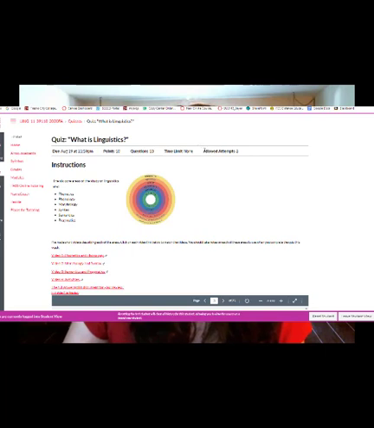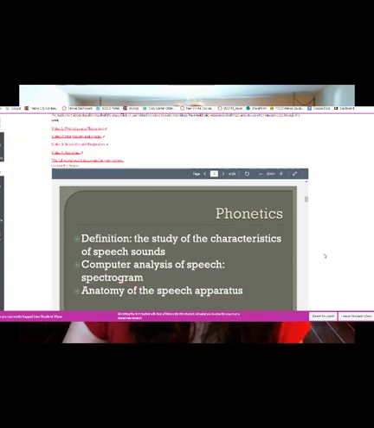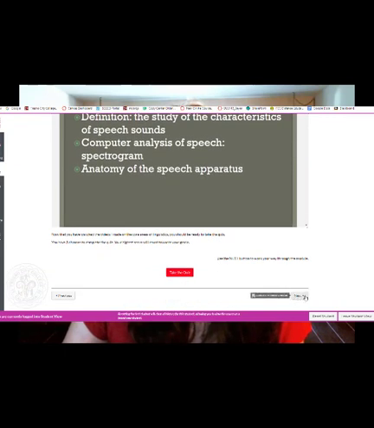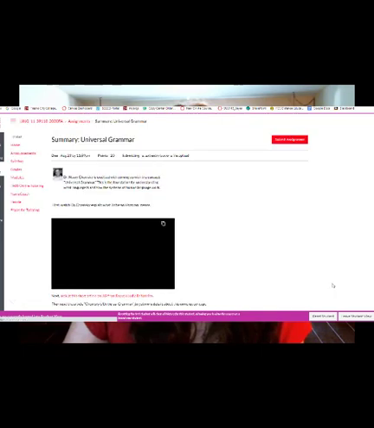Now, for this quiz, again, you do have 3 attempts to take it. So I really want everybody to get the maximum score here. Okay, so make sure that you're using all 3 of your attempts so you can get the highest score that you possibly can. And then when you are all done with that, we're going to move on to the next